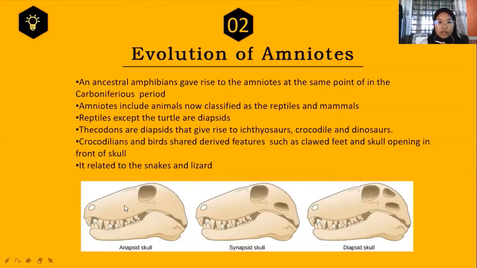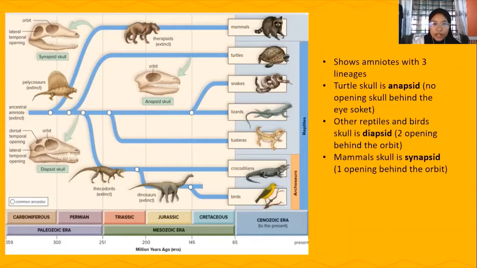So only turtles have an anapsid skull, which means they don't have any opening behind their orbit, which is the eye socket, unlike the synapsid skull and diapsid skull. As you can see in this figure is the timeline of the evolution of the amniotes, which is in your mother books, page 553. This diagram actually shows the overview of the evolutionary relationship among amniotes, including the